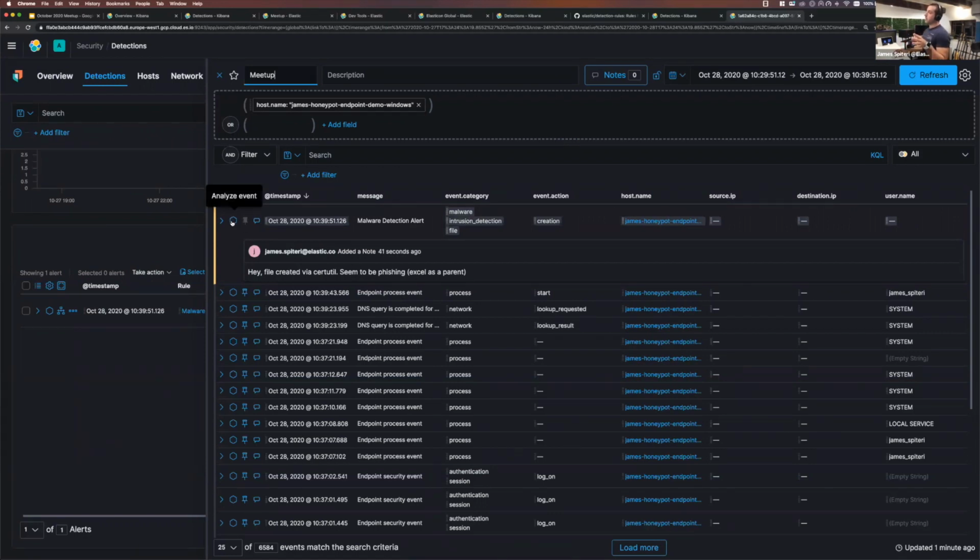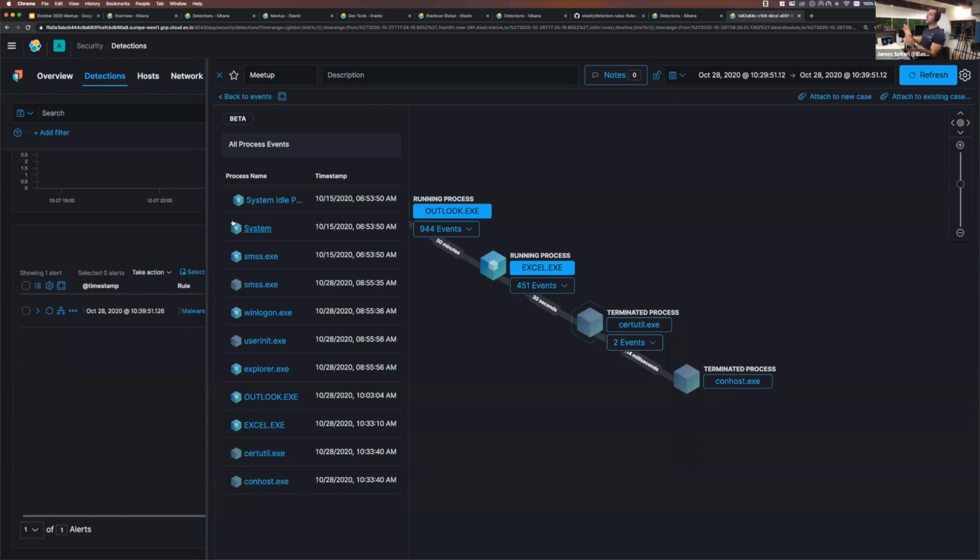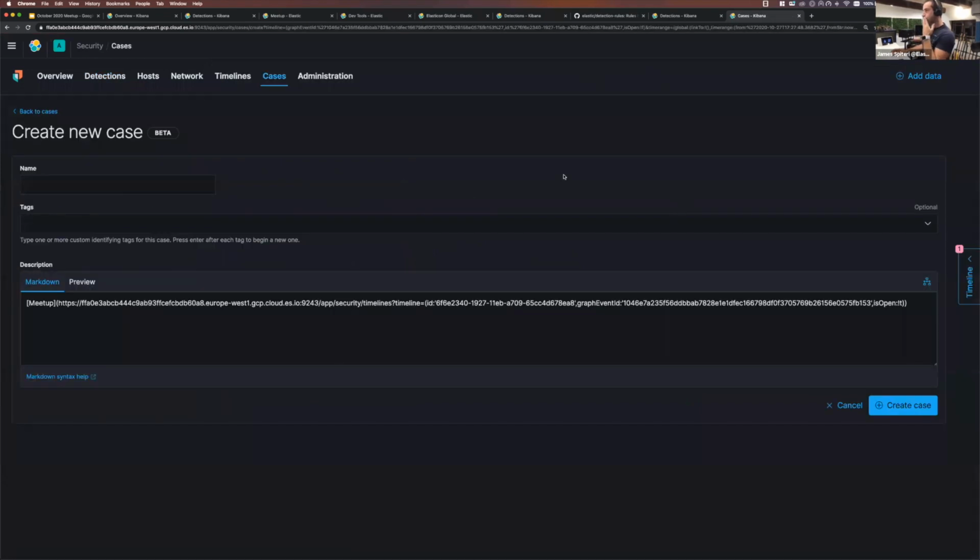And to do that, I'm actually going to open up the graphical view first, and then I'm going to attach this to a case. So what this allows me to do is pass this on in its current graphical state, send it to a case. So my colleague who picks it up, or my other team member, doesn't have to start from scratch. They're immediately honed in on that event. And you can see here the attach to new case button. You can also attach to an existing case if you wanted to. So let's go ahead and do that.